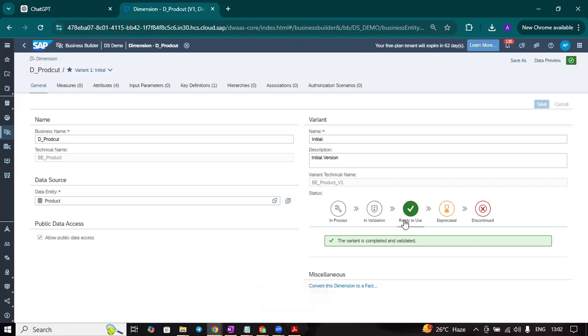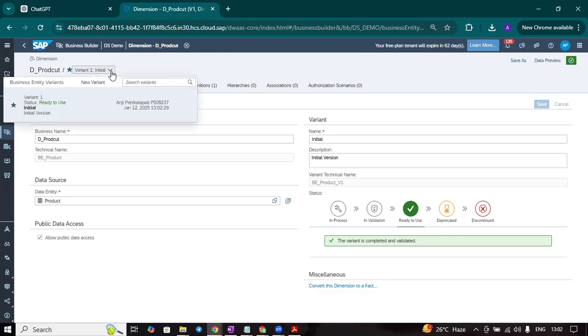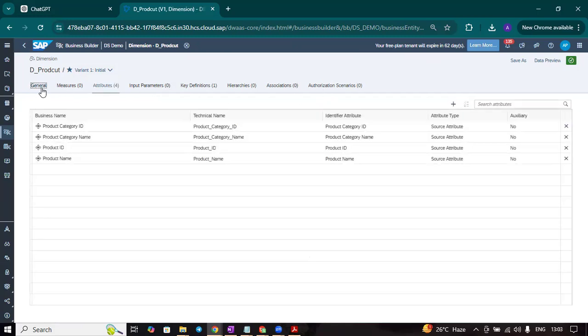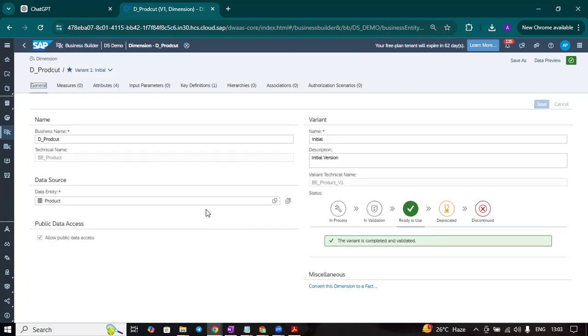Okay. Now you see this is the initial version. Currently I have only one version. You can create multiple versions. Suppose you can create another version if you want to change something, like if you want to remove attributes, or you can create input parameters, all these things. I think we can create multiple variants for this dimension, and we can use them according to our requirement. We'll create one more variant, but before that,